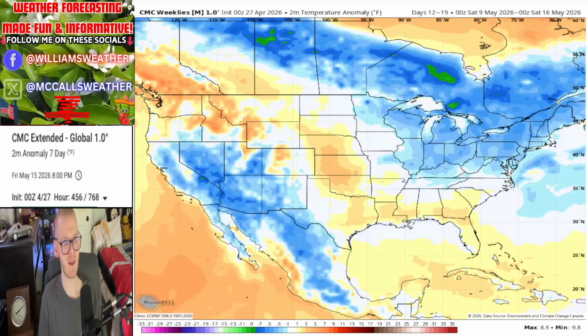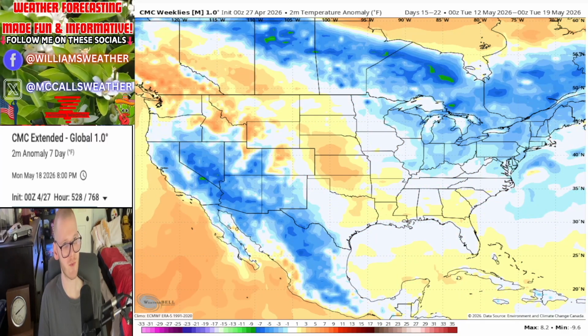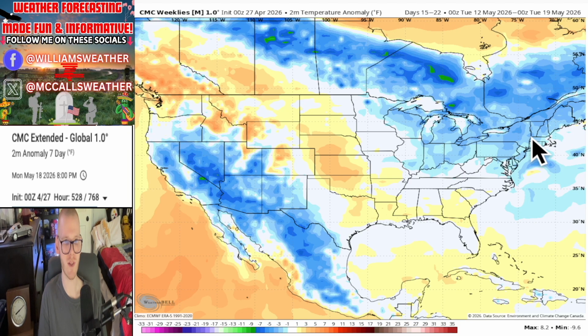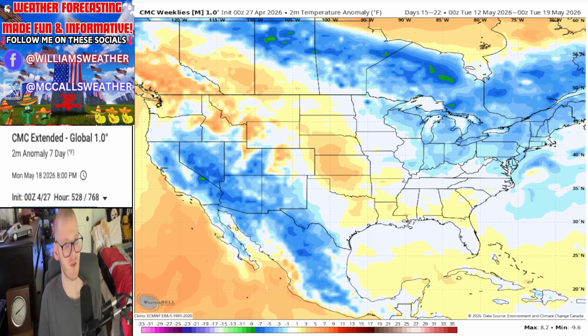Head off into the middle of the month. This one is a stark contrast between all of the models, as it's showing the Southwest being below average, as well as the northeast, but it's looking like from the northwest down here into the southeast, it's going to be above average. So this is a stark contrast between this and the rest of the models.